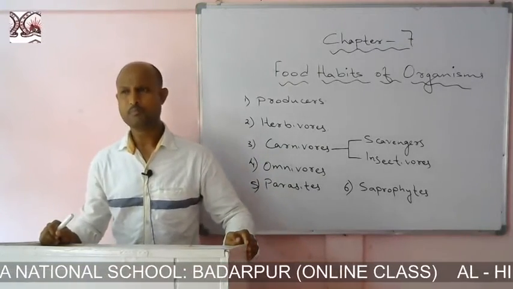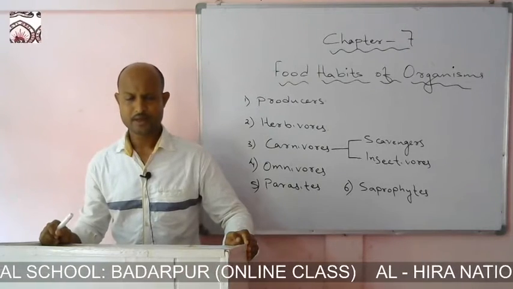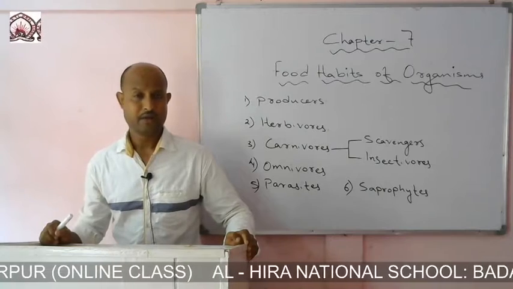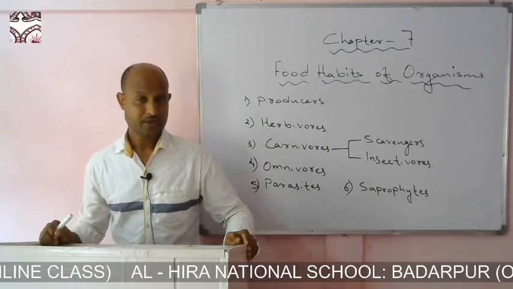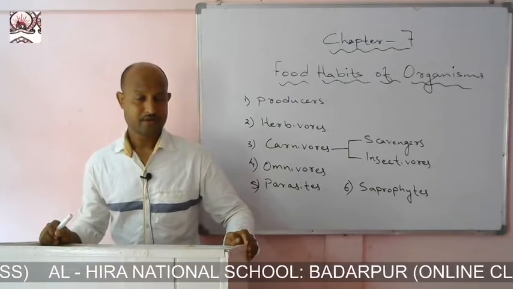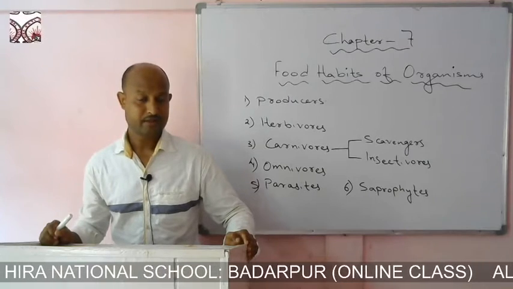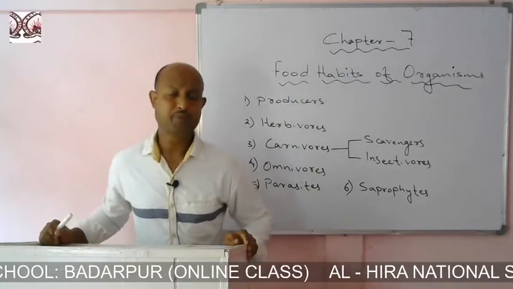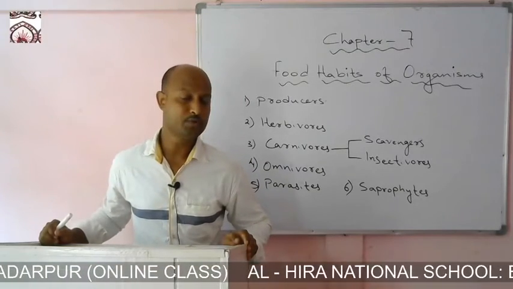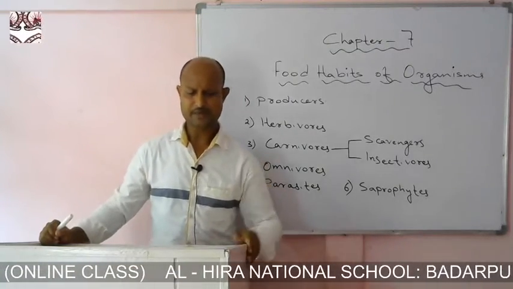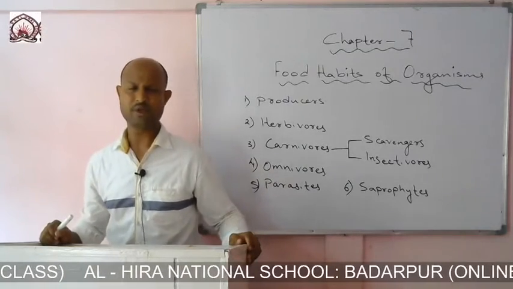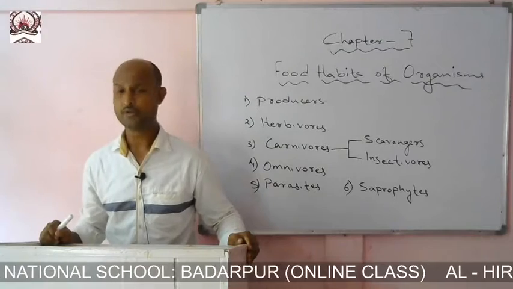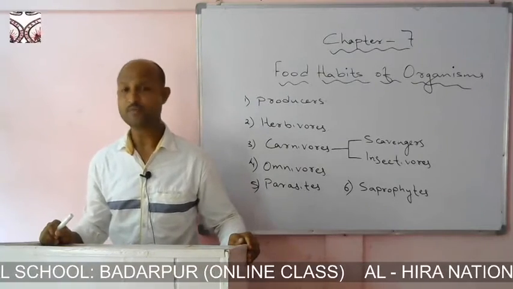We know many plants are green, and we find some of the algae are green in color. So this green color in the algae and the green plants tells us that they are producers. They are able to produce food by themselves. So let us learn how they are able to produce food by themselves. We have never seen a plant going and cooking food like we do. We cook our food and then we take it.